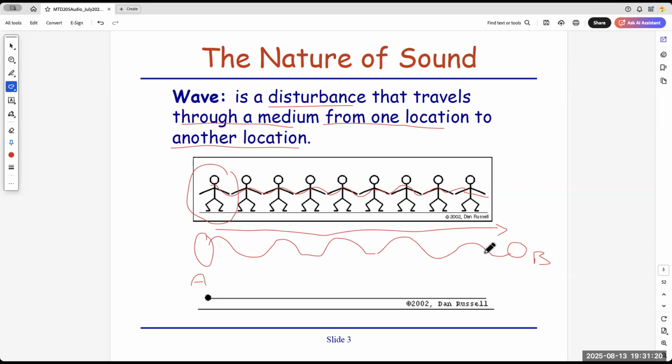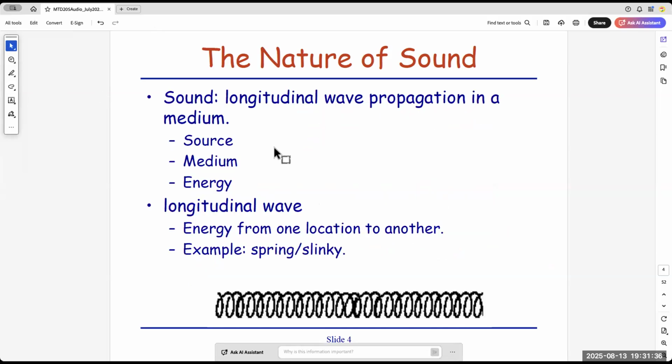So when you talk about waves, it's a physical phenomenon, like throwing a ripple into a pond, where a water ripple wave comes out. A wave is a disturbance. We'll show some YouTube videos later on, especially a spring. And before we go into sound itself, let's talk about a few types of wave.